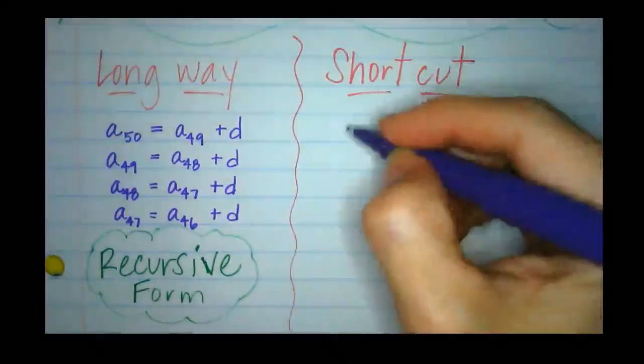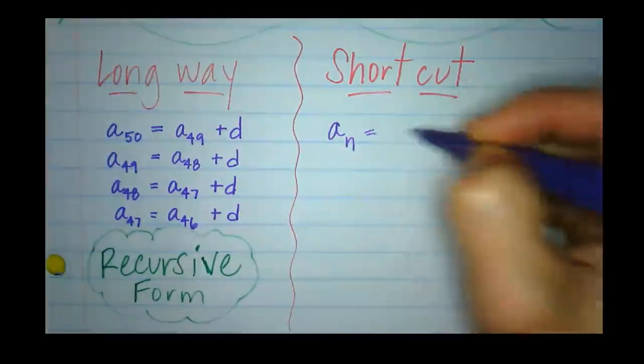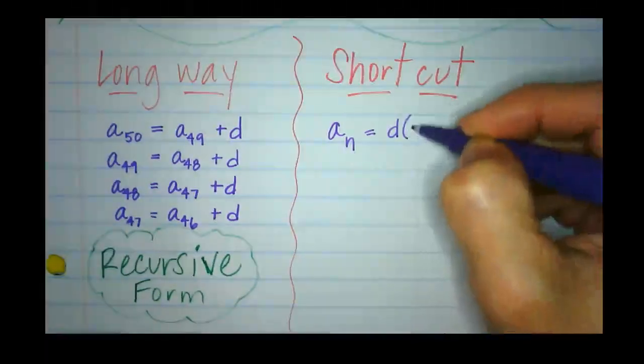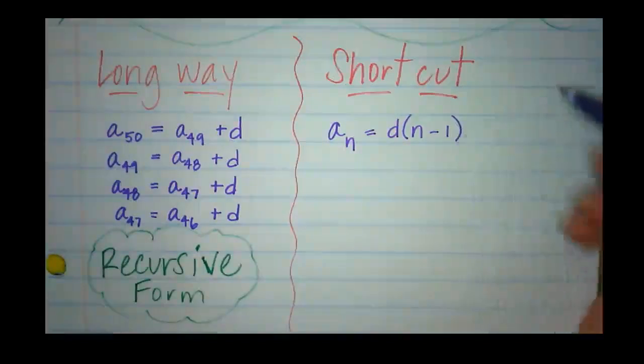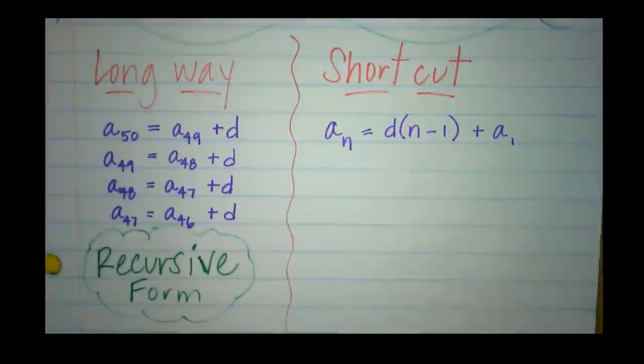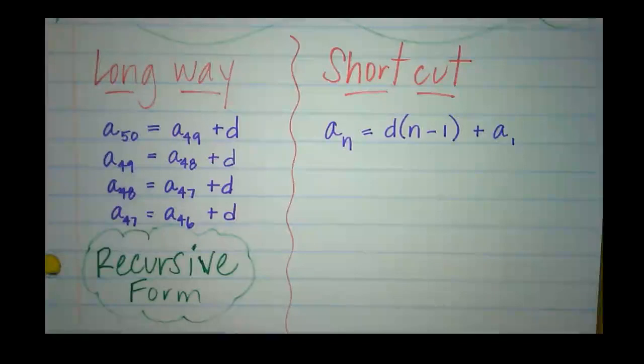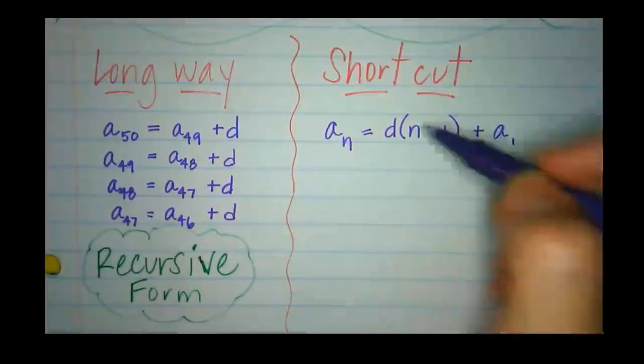All right, so we learned the other day that we can take the common difference multiplied by one less term and add it to the first term. But there is a better formula than this one. And to me, the reason why it's better is that we can get to that form directly without having to